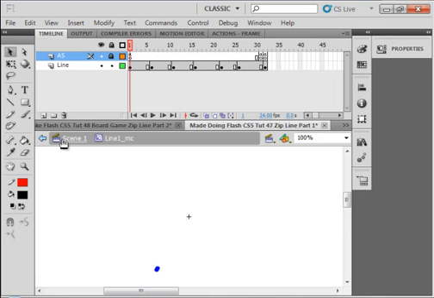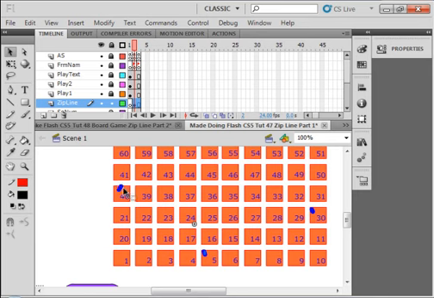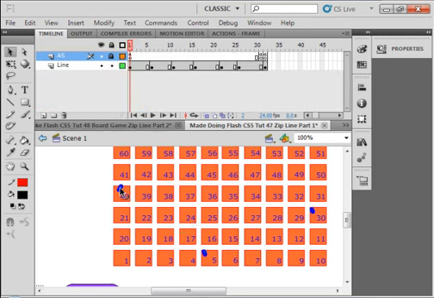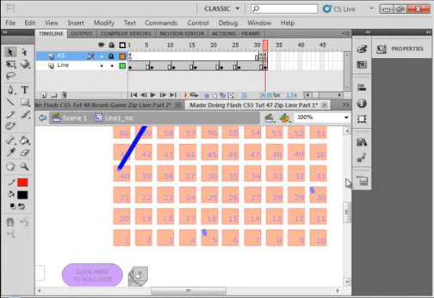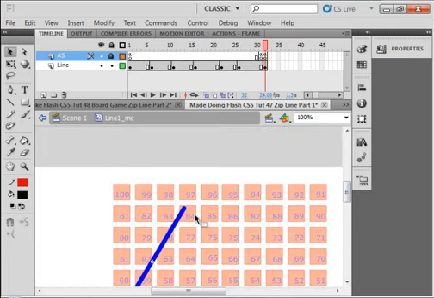Go back to scene 1. Open this movie clip here, double click on it. It's movie clip 1, so you want to write that, movie clip 1. We know it starts at 40 and it goes up to 84. Okay, so you do that for the other ones,